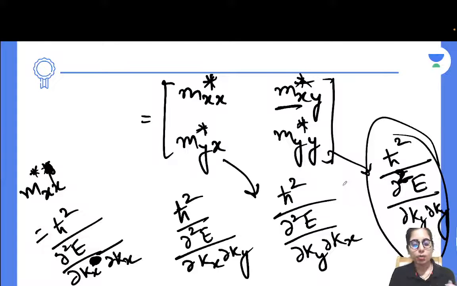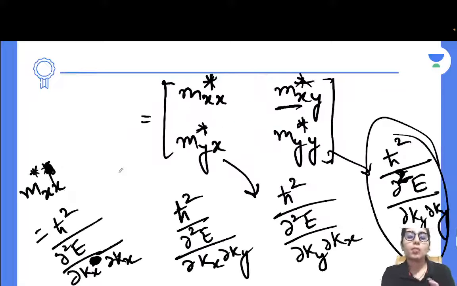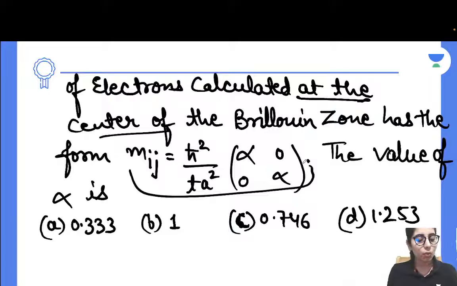So what you have to do is just plug in the values at the various places depending on at which position you are considering it. And if they're talking about the center of the Brillouin zone, then exactly you have to plug in the value of k equal to 0. So just plug in k equal to 0 and you will be able to get the answer, right? So this kind of matrix you will form, then do the comparison with the given matrix and then get your final answer. That's what you have to do, guys. Once you do it, you are going to get answer closest to 0.333 and that's your right answer too.